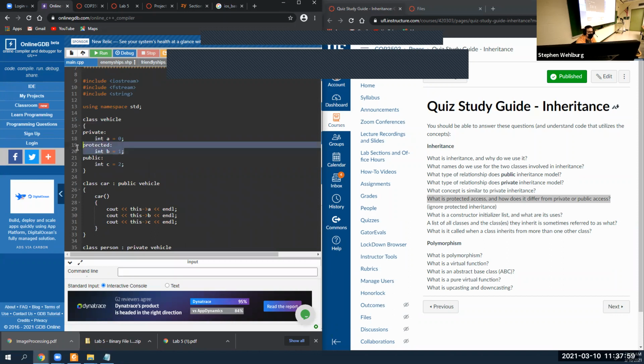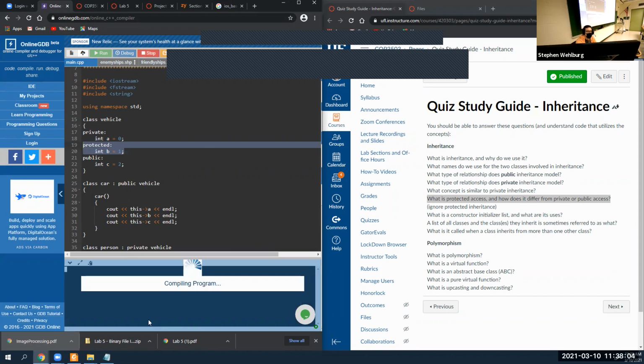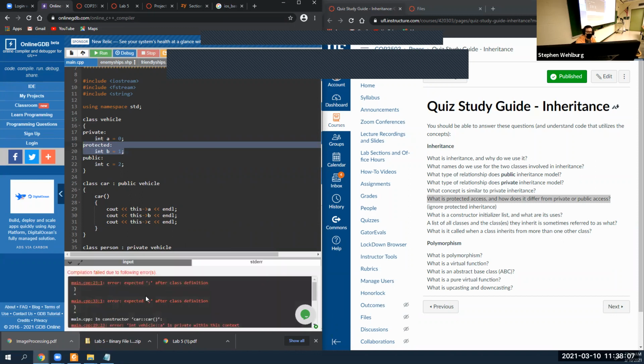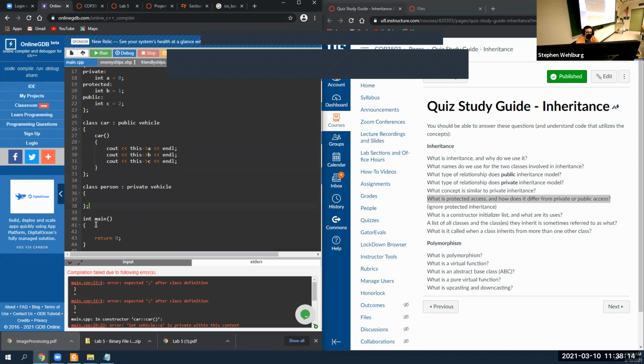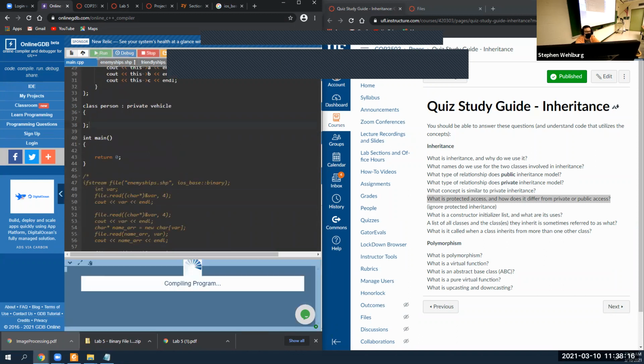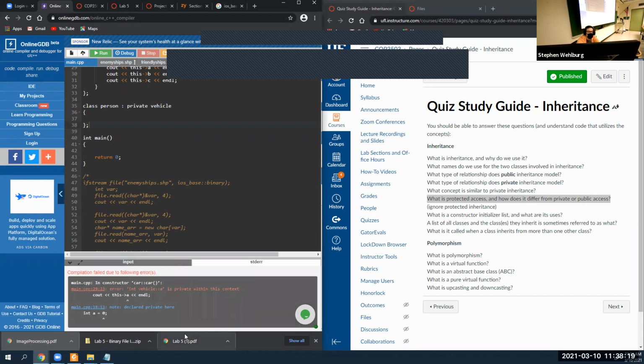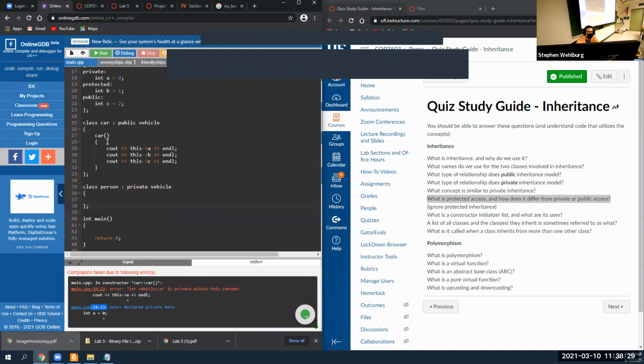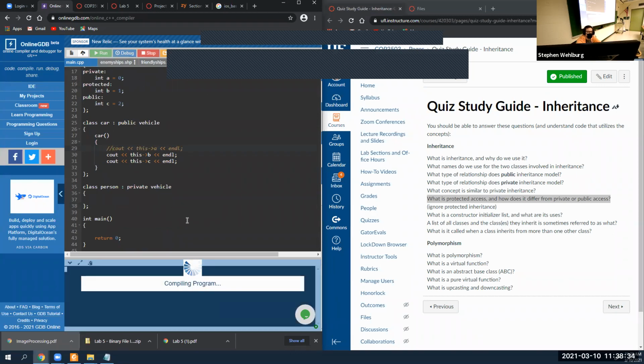And so protected is kind of a unique thing with inheritance, where if we run this, we'll see that the error only comes with me missing brackets. Semicolons. There we go, run that. So the error only comes with this right here, cout this A, because note, it was declared private right there on line 13. So if we comment out this one right here and run it,